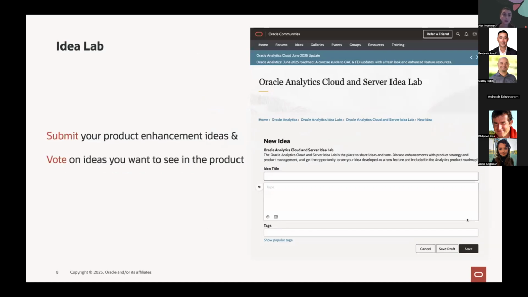And also on the community website, you can find the Idea Lab. This is a great place if you have any product enhancement ideas. You can go and submit them on the community website. You can vote on other ideas. So say you have an idea that you would really like to see in the product that you'd find super useful. This is where you want to go. First, search and see if the idea exists, if someone else has already created it. If it does, definitely give it a thumbs up. You can comment and add a bit more about your use case so our product managers can understand what's going on and why it's important to add. If it doesn't exist, please fill out the form, give us your use case and any additional information that you can give us so we can really understand why it's important to have the feature.